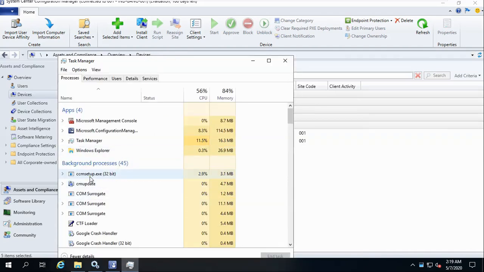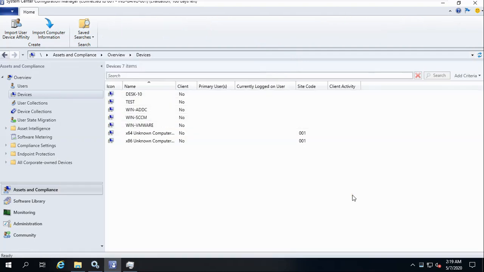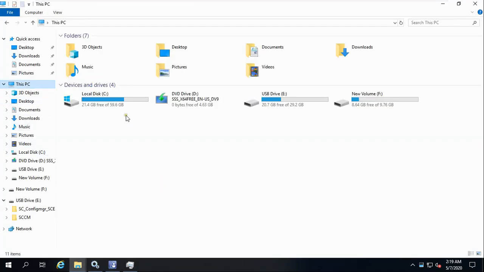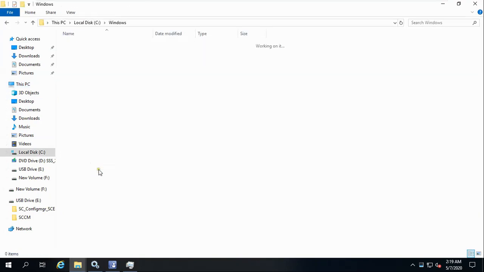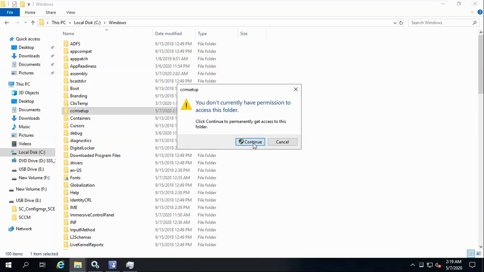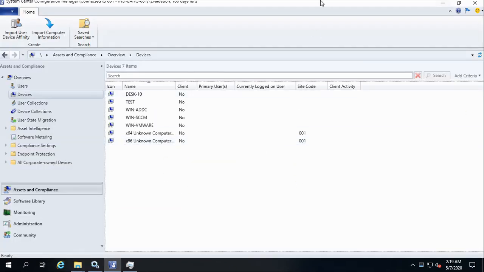So this setup is running. You can see here this setup is running. It is executing 32-bit. And if you go to Windows, you should see a folder also here. See, this is coming just now, 2:19 AM it is creating, and it will be taking some files. Files are coming. Similarly, you can verify on other machine also.